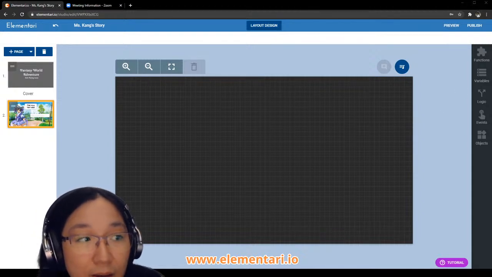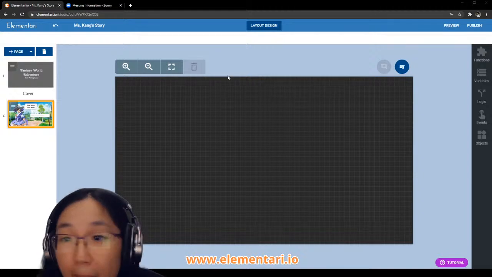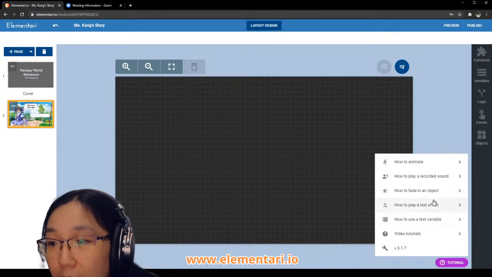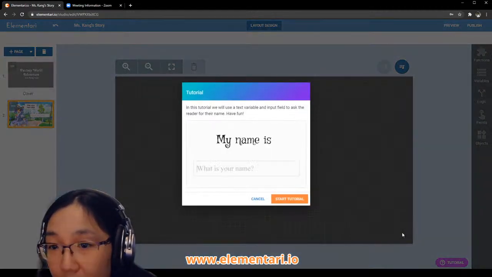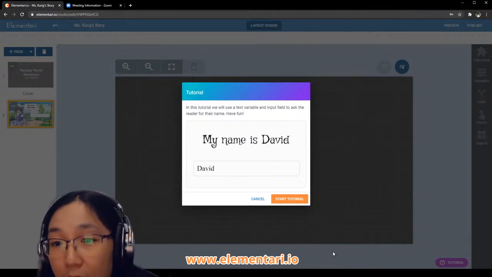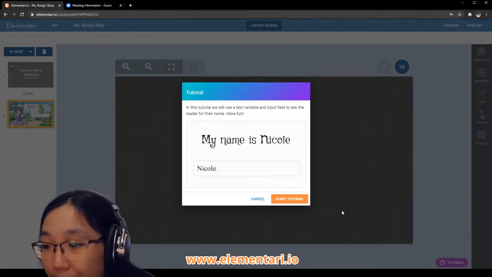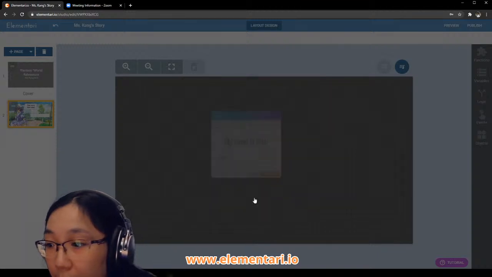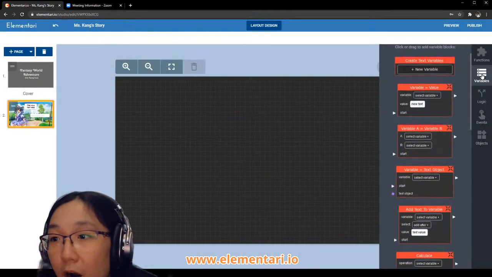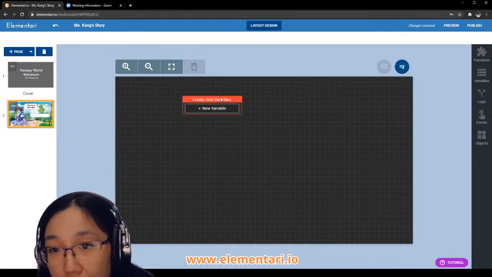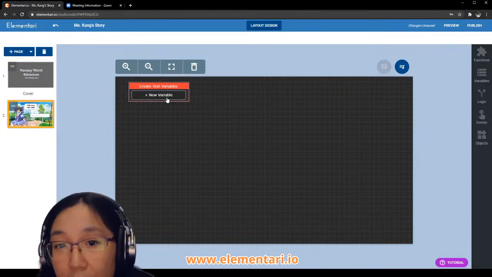So let's see. So let's actually try to code this, and we have tutorials if you want to go through it, and we're going to use the, where is it? How to use a text variable tutorial. So in this one, we're going to ask the reader for their name, and then the main character's name is going to be that. So let's get started, and we're going to create a text variable. So the reason why we choose a text variable is because we want to store a value, which is the reader's name. So we're going to first add